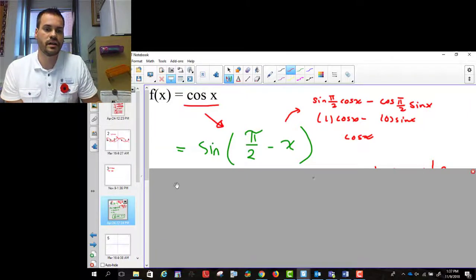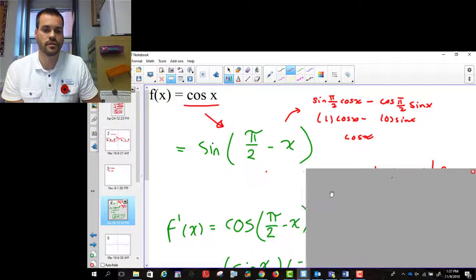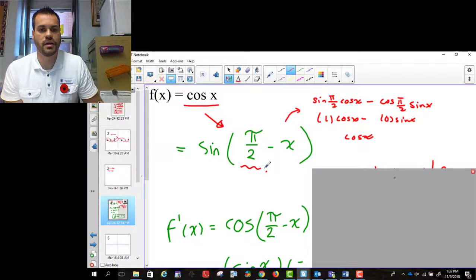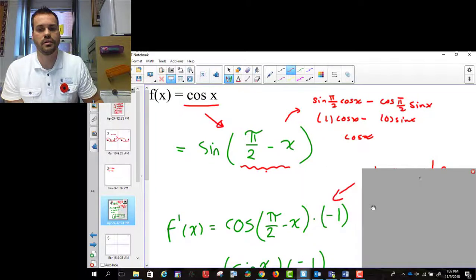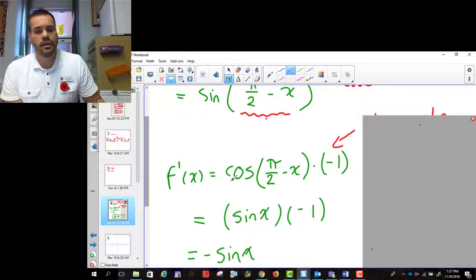We know the derivative of sine is cosine of this, and then this is really a chain rule. We have to take the derivative of that, so we put in times -1. Okay? Now this,